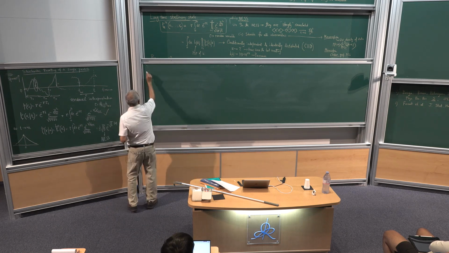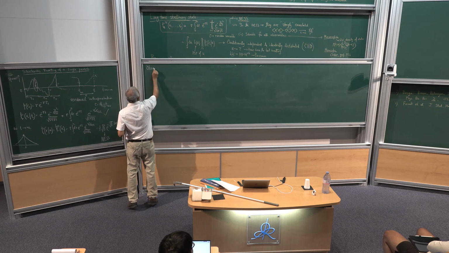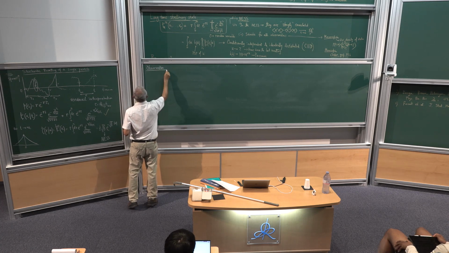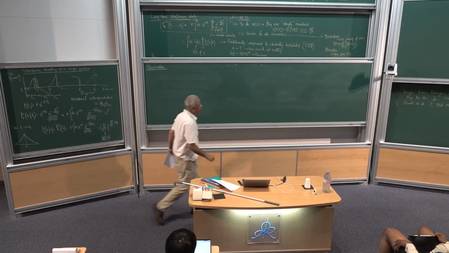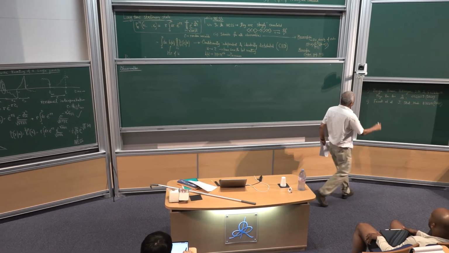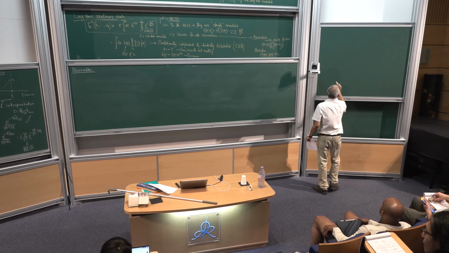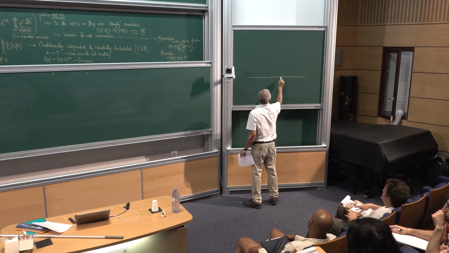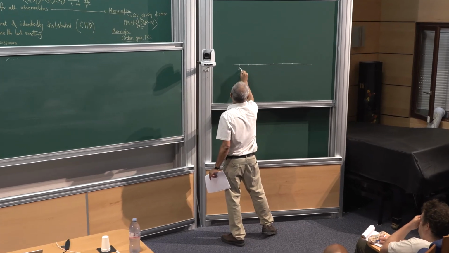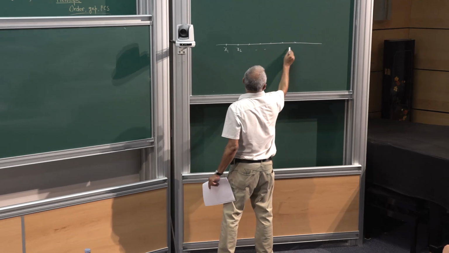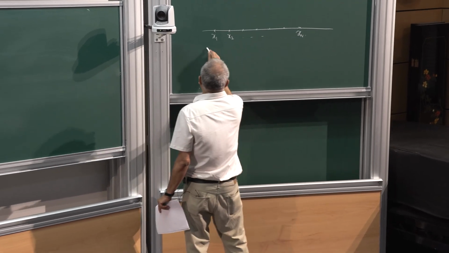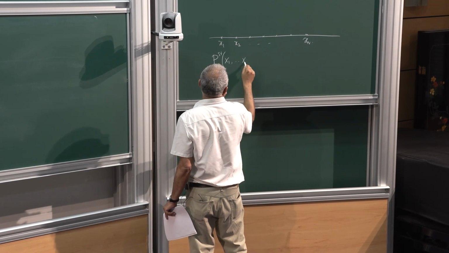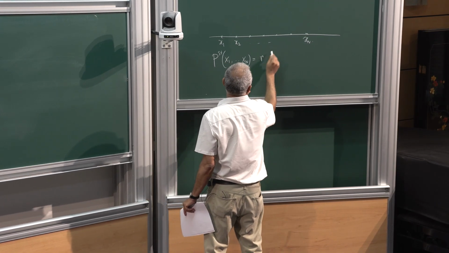Okay, so again, the picture, always keep this picture in mind. So you have a gas of particles in one dimension, and we know that in the stationary state the joint distribution is